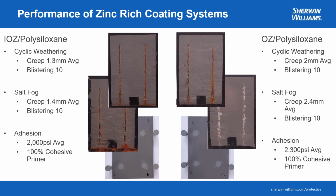The data shows the 2-coat system is available that will provide both time and cost savings for balancing project time and cost savings for the project without detrimental effect on long-term corrosion protection to the asset. In this particular graphic, the inorganic zinc and polysiloxane two-coat system is showing performance equal to the three-coat inorganic zinc systems. And the organic zinc two-coat system showing